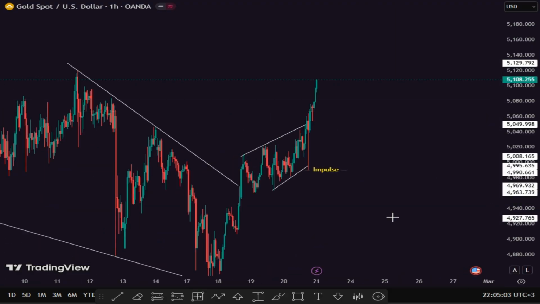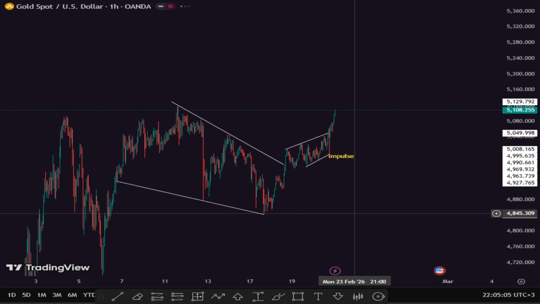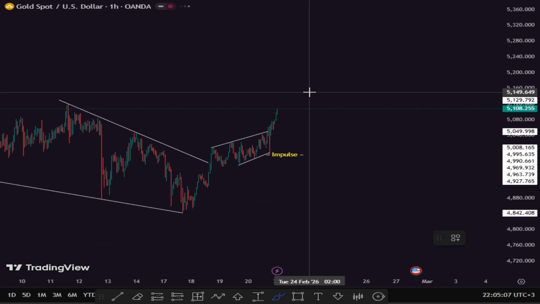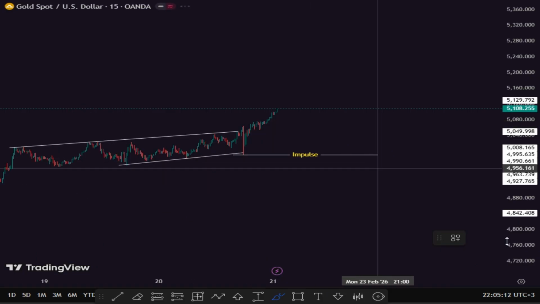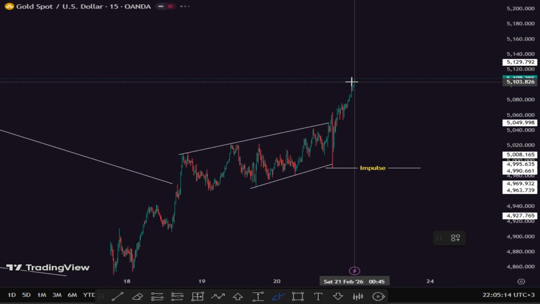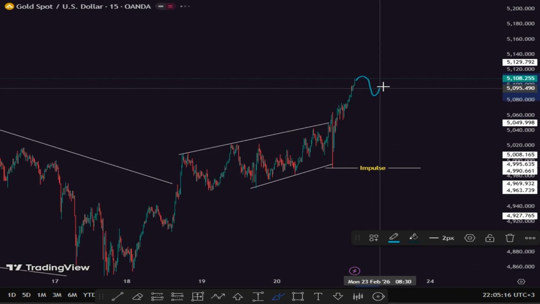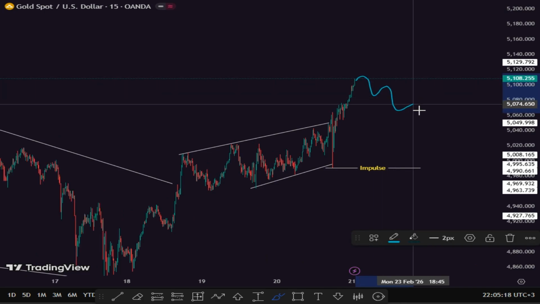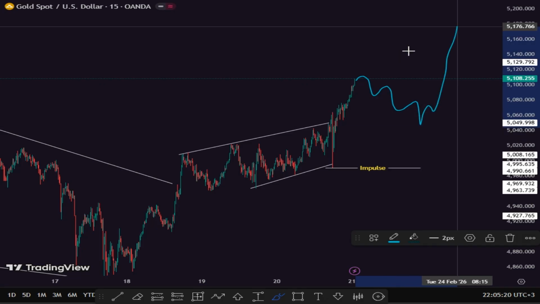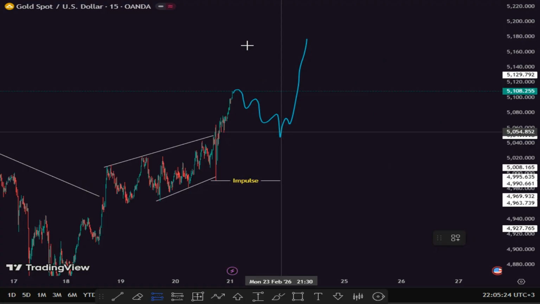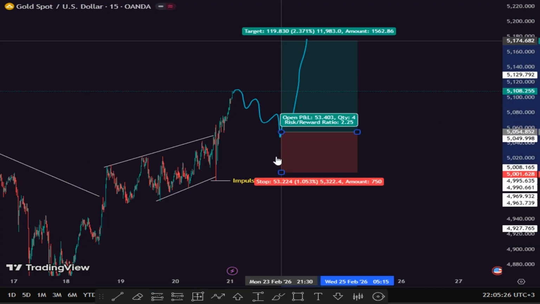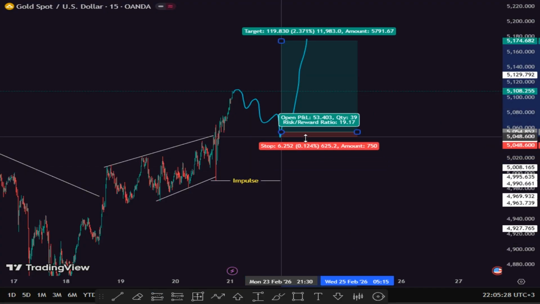Okay, so my anticipation is coming this week. I'm anticipating a pullback. Let me hit the 15 real quick. So I'm anticipating a retracement, another 50%, and in this retracement I want to see a continuation, and that's when I'll be looking for an entry opportunity, to look for my longs on gold. I bet this is very simple, guys,